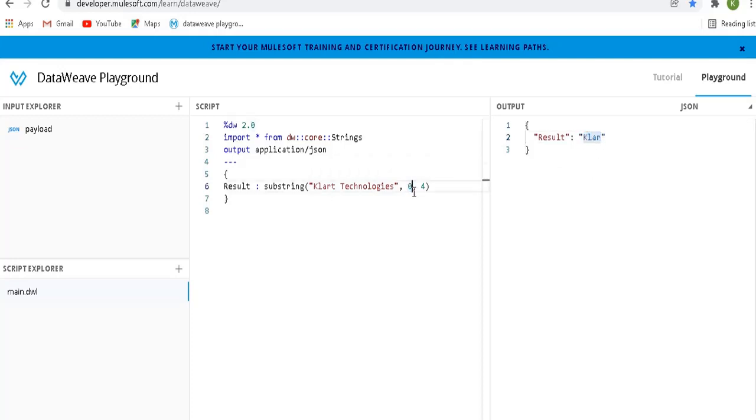Okay, so it will display KLAR because 0, 1, 2, 3. Don't get confused with this 4 number. This 0 is the starting index number. This 4 is how many letters you want. That's it. Okay, say for example if you would like to have this TECH as output, you need to count